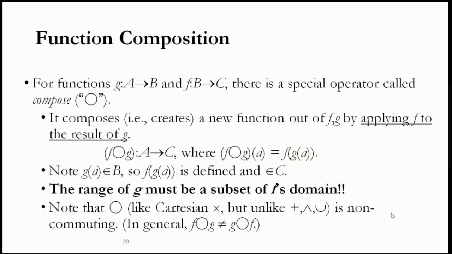Can I send a function as a parameter to another function or not? We can do it, right? This is called function composition. But I cannot send some function as a parameter to sum of a comma b, right? So f composition g is allowed, but not g composition f. So both are not the same. This is the meaning of function composition.